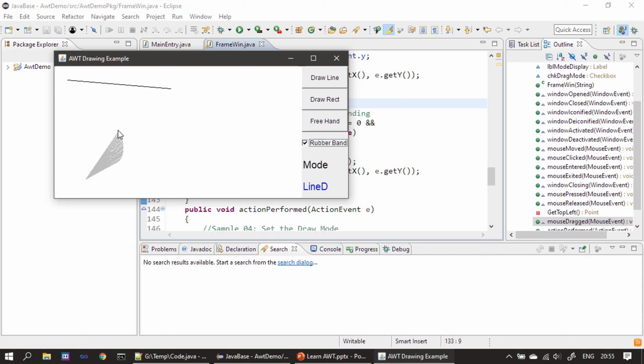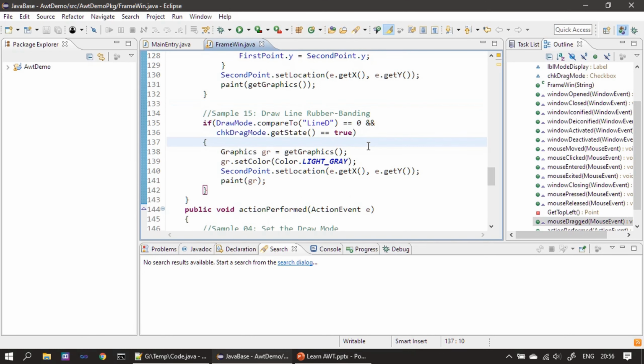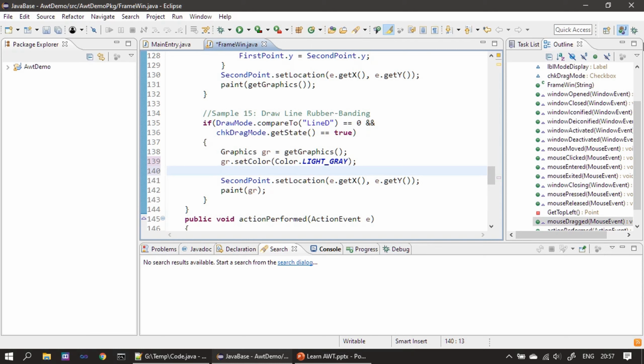So let me click here on rubber banding, then I will pick some point here, and if you see, the line appears here, so the line is drawn. Let me show it once again. So this rubber banding is not useful, right? Because there are lines in between. So to fix this, what we have to use,